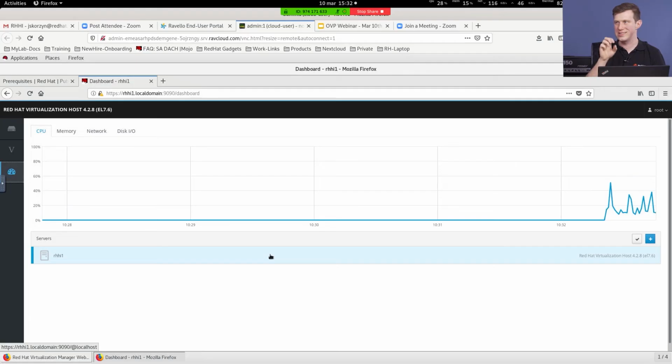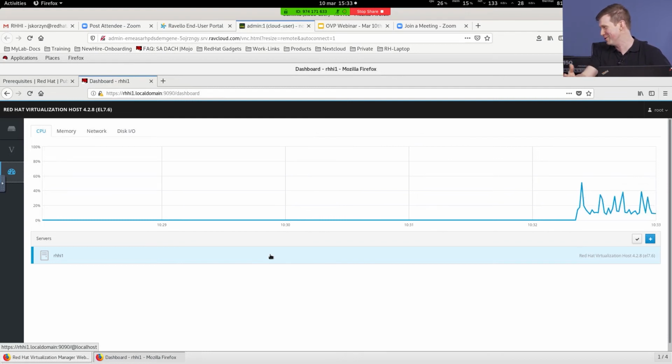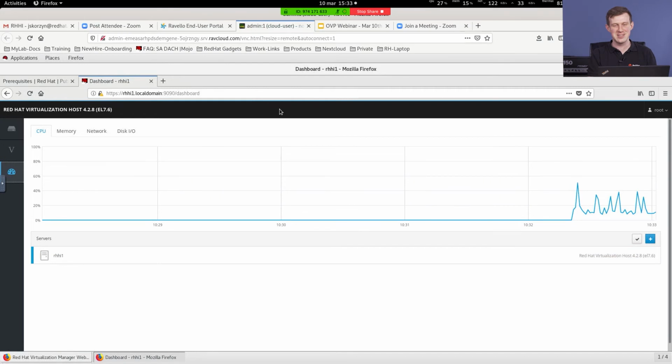Of course, you can do all the magic with the command line. This is not forbidden, but to be honest with you, this is the first and default step to install our Red Hat Virtualization and Red Hat Hyperconverged Infrastructure. And this is really clicking step by step. It's not very sexy to show you in a demo, but this is a really nice feature.